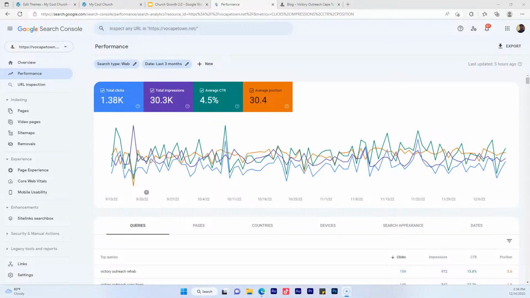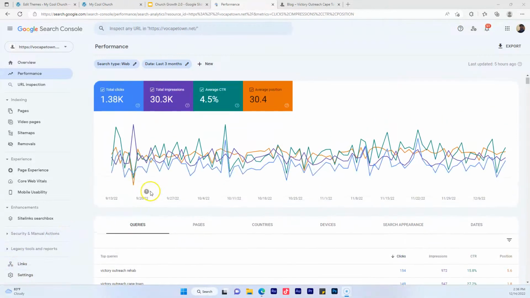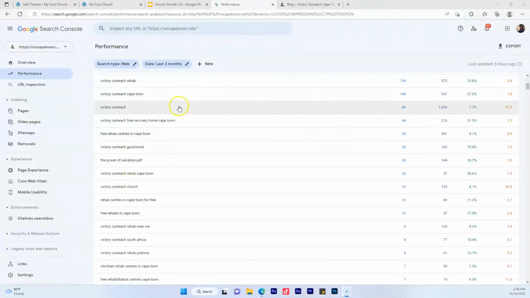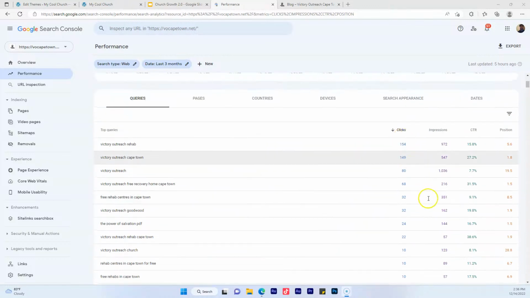Okay, so we left off here, and we were talking about our keyword, Free Rehab Centers in Cape Town, and how many clicks it was getting. So I think we're here, Free Rehab Centers in Cape Town. We got 10 clicks. Or no, that's Rehab Centers in Cape Town. I'm sorry. Free Rehab Centers in Cape Town is 32 clicks, 351 impressions, 9.1% click-through rate,